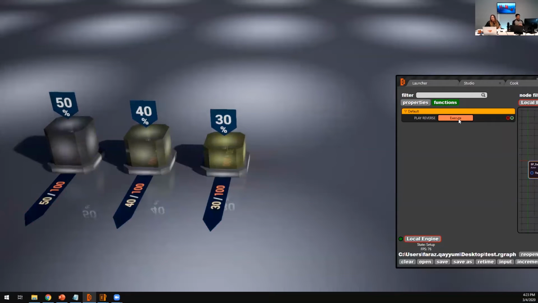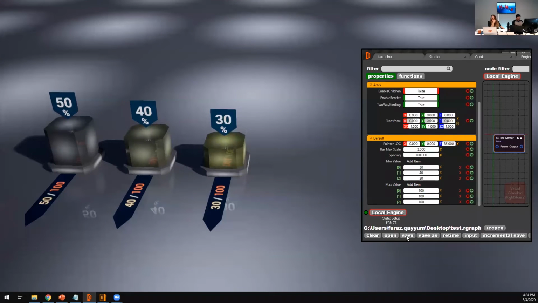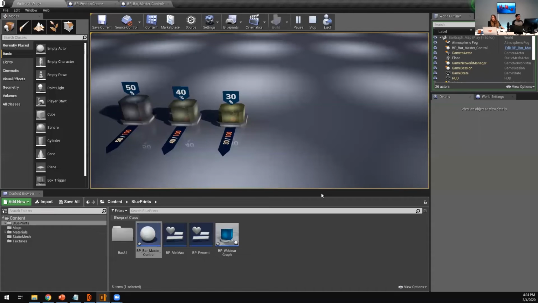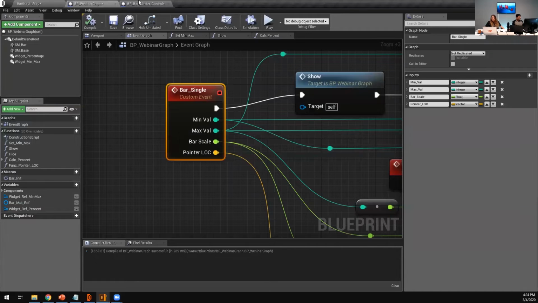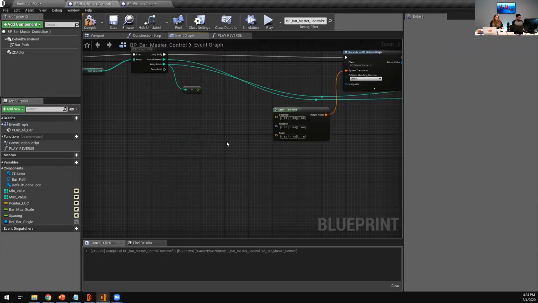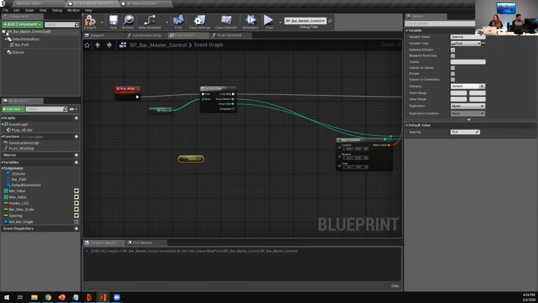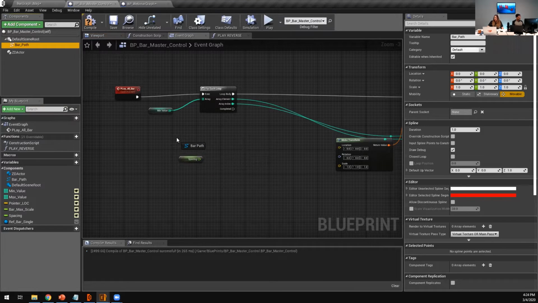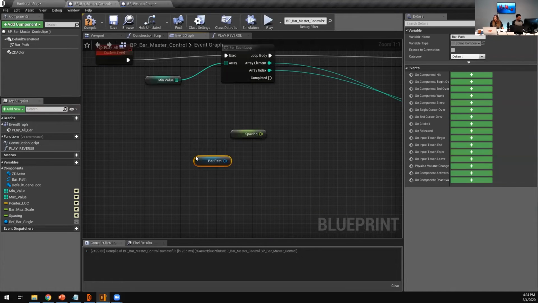My bars are spawning as instances in my viewport. This is what I was expecting. Let's save it and move them on this spline now. In order to move them on the spline, I need to get my spline reference in my scene, in my graph, and